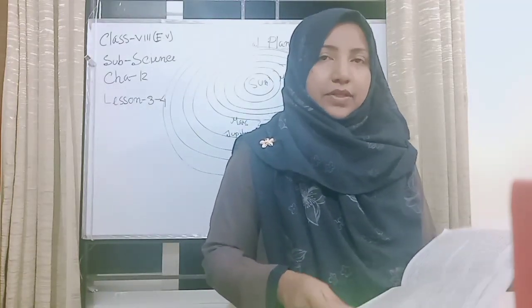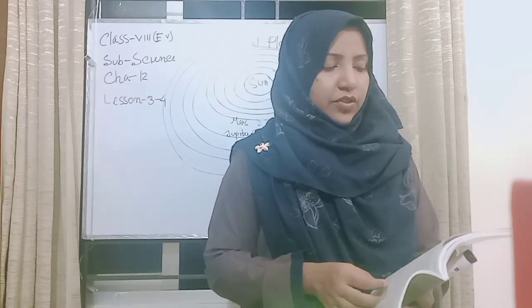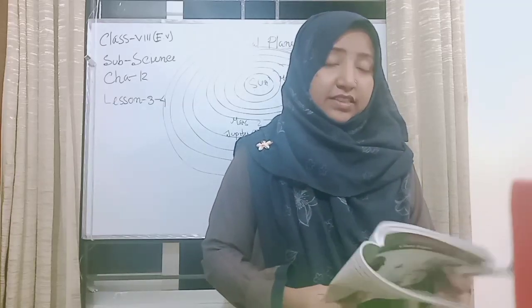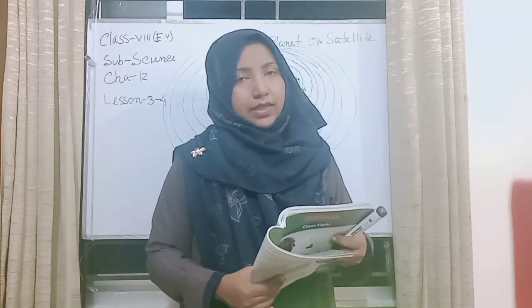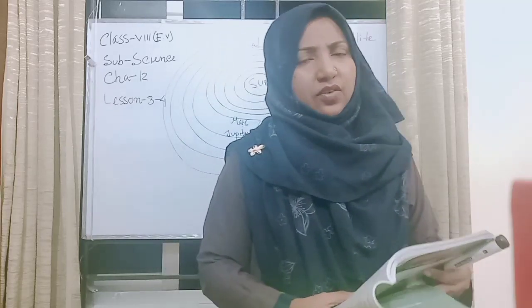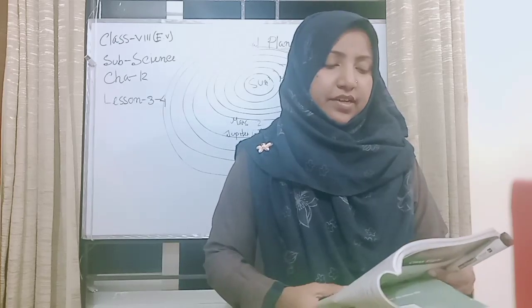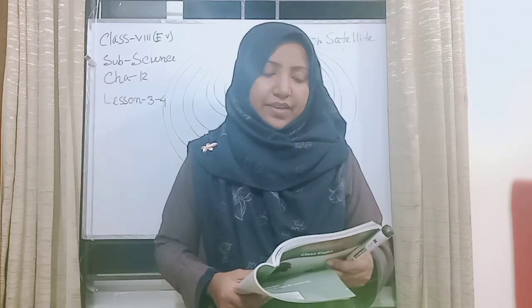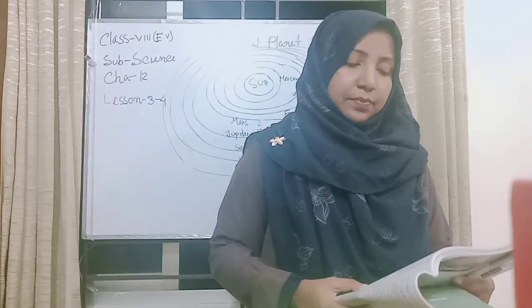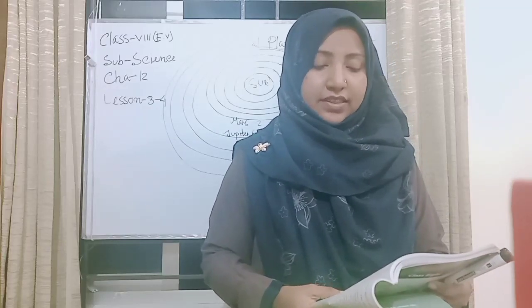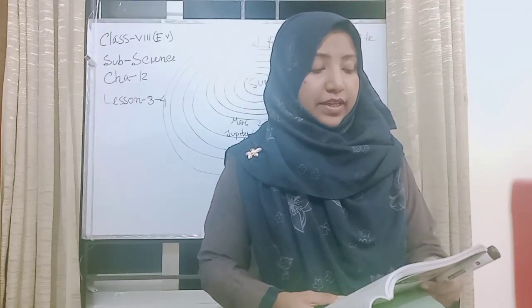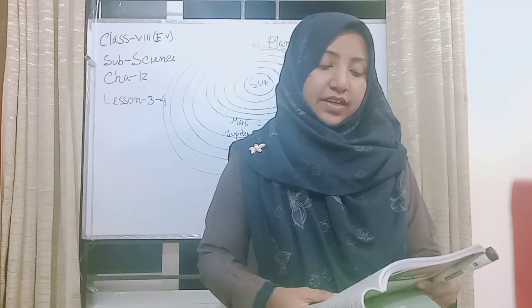Do the activity. My dear students, where did planets and satellites come from? Have you any question or any idea? Scientists think that the Sun, the planets and their satellites formed from a huge cloud of gas and dust around